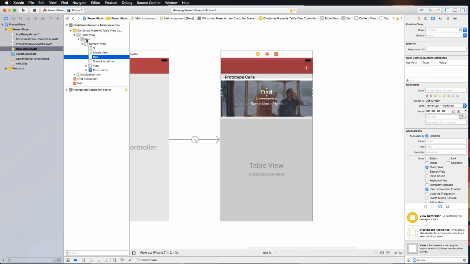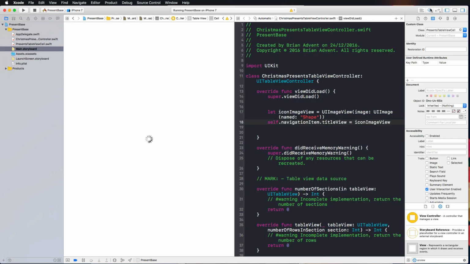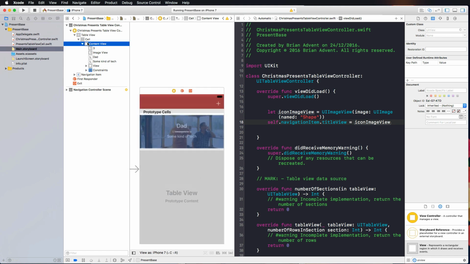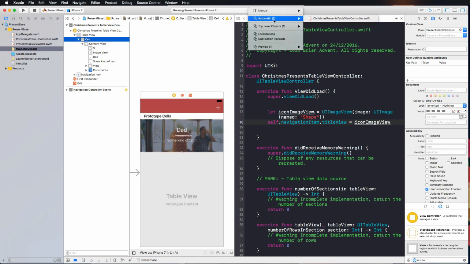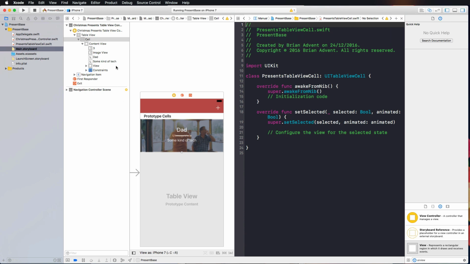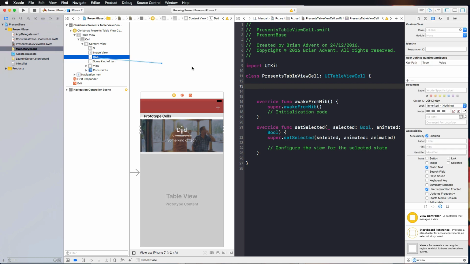And I'm selecting that cell now in my view controller scene, selecting our custom class, which is the PresentsTableViewCell, and then we can bring up the assistant editor and select, hopefully, most of the times this works, but sometimes it doesn't. You should automatically get the proper table view cell here as a second automatic option, but if it doesn't, we choose manual, Presents, and then we select PresentsTableViewCell, and then we can create the outlets that we need for our table view cell, which is first of all the name label,